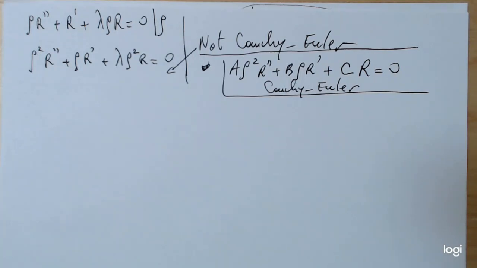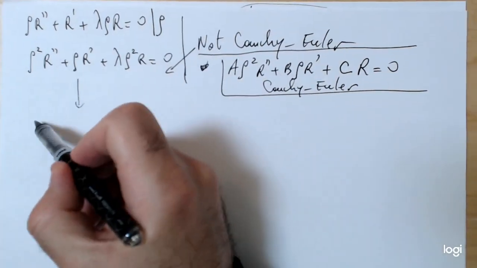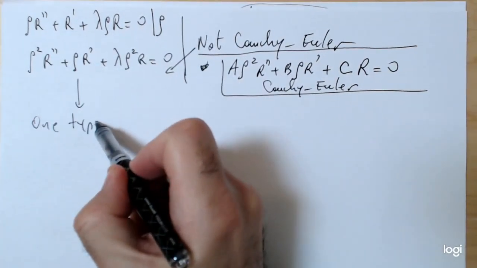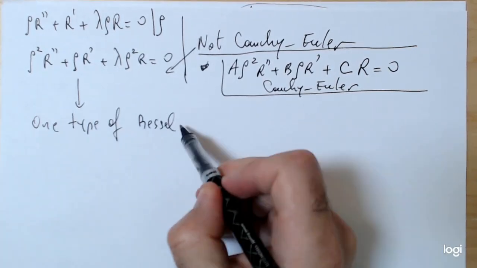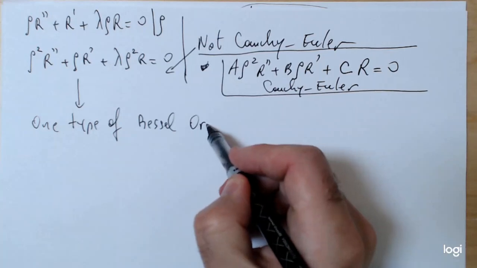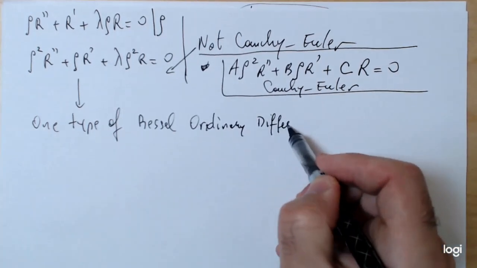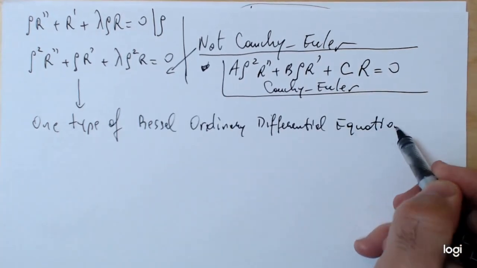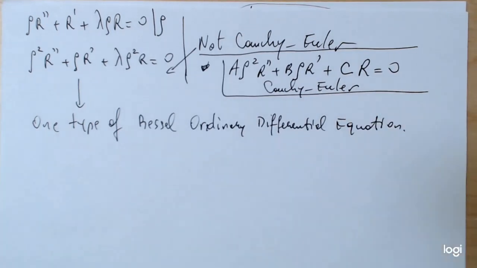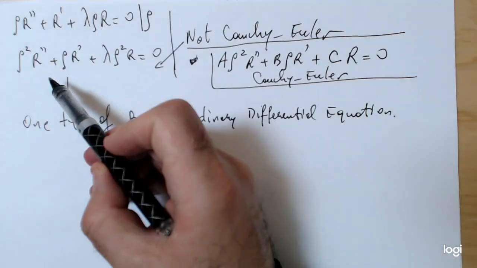But suffices to say that this is basically one type of the so-called Bessel ordinary differential equation. There are several types of Bessel ordinary differential equations, and this is essentially one of them that appears in